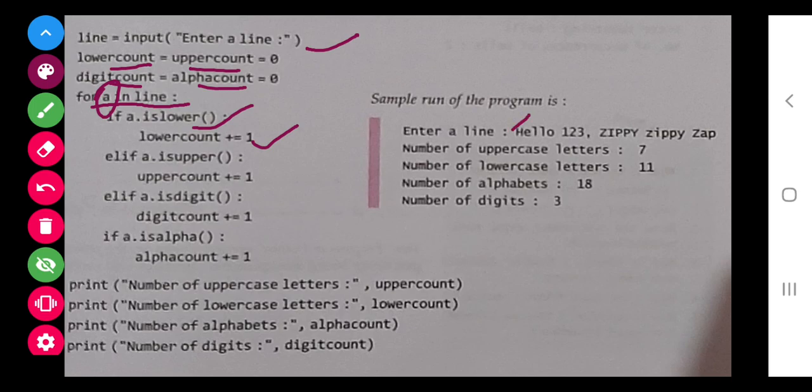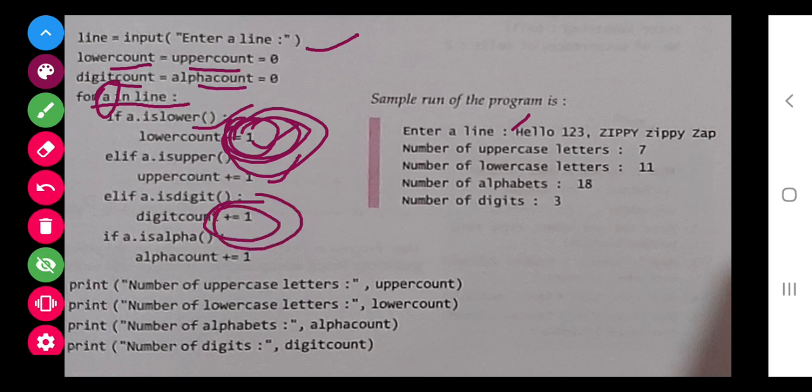As the user has entered Hello and this, h will be checked first. So h is capital, so the upper count will get +1. Now next is e, lower gets +1, l lower, l lower, o lower, then space is there. For space, nothing is asked in this question. Next is 1, a digit, 2 is a digit, 3 is a digit. Next is the comma, we need not count it.